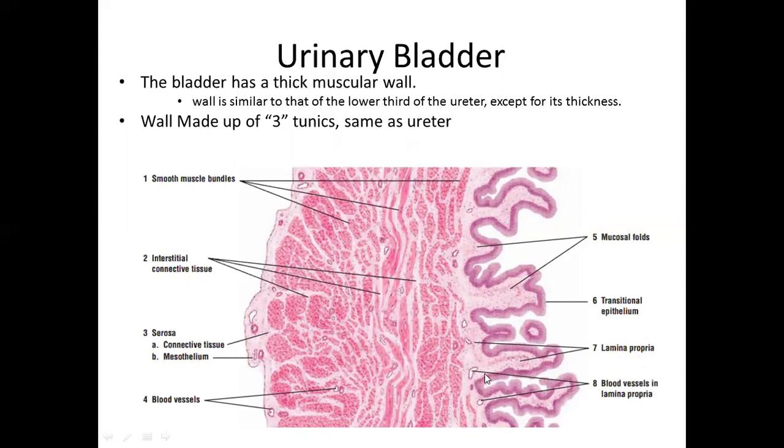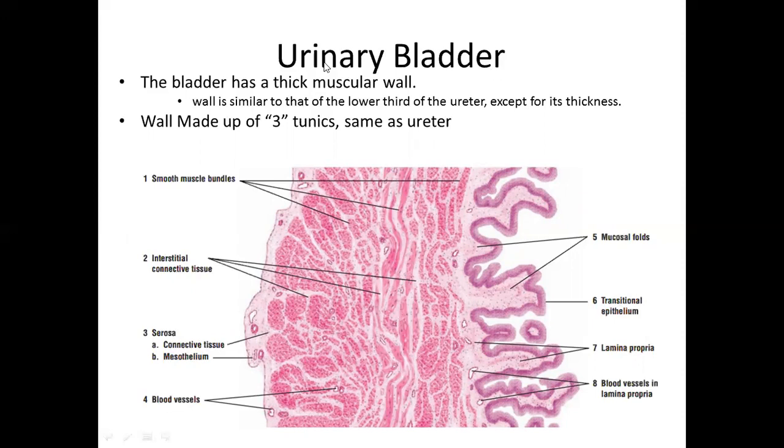In the urinary bladder, compared to the ureter, the bladder is a sac, not a tube. Second, its wall is quite thick compared to the ureter. Its layered arrangement is similar to the lower one-third of the ureter, except that it is very thick. It means there will also be three layers of muscles: inner longitudinal, outer longitudinal, and middle circular, which quite incidentally are quite evident here, though they are very difficult to identify.